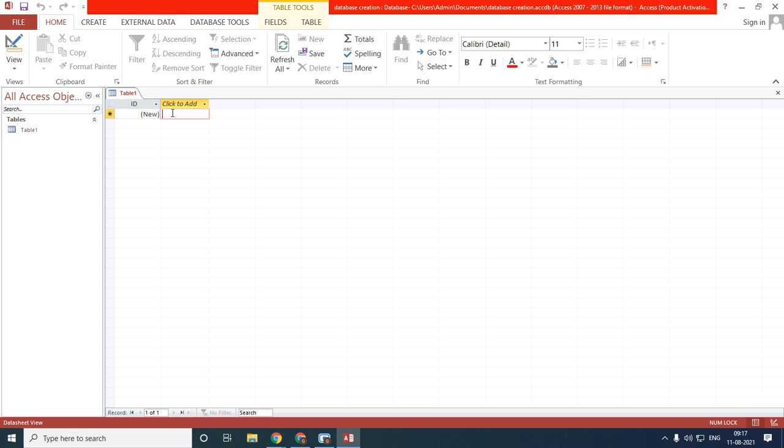So what do you mean by field here? What we are entering in the column. The column in the table is called a field, and one more name for field is attribute. For 1 mark they will ask the question, what is one more name for a field? You have to write attribute. And if they ask the definition of a field, you have to say the column in a table is called a field. Understood this one?